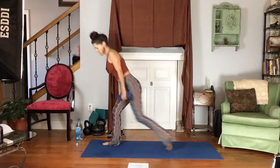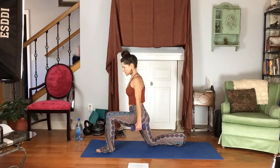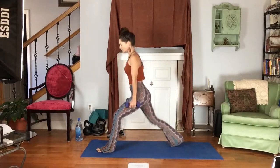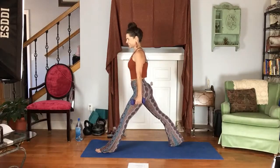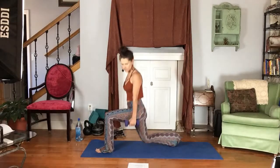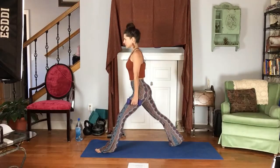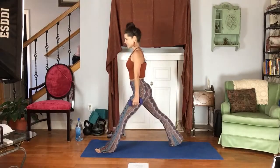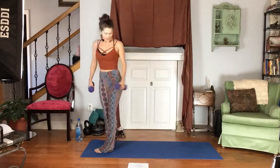and that's 15. Other side, left leg forward, right leg back. Go ahead and place yourself first, and that's 15. All right, so next one is going to be side lunge deadlift, and this is going to